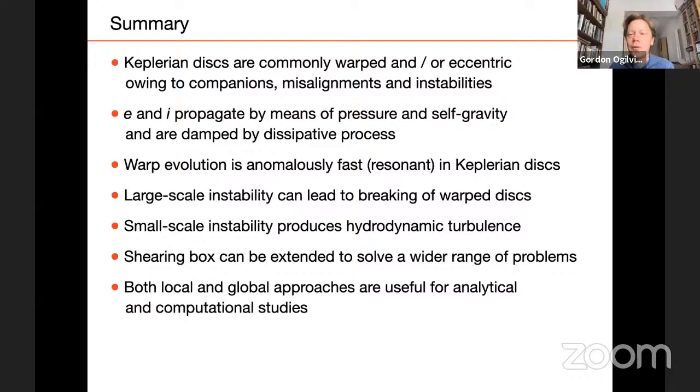And of course, if you just had a freely decaying warp, then the fact that the warp produces turbulence that accelerates the decay of the warp would indeed tend to produce a self-defeating process here. So I guess we would have to rely here on the idea that the warp is forced by some misalignment in the system, which cannot go away on a short timescale.